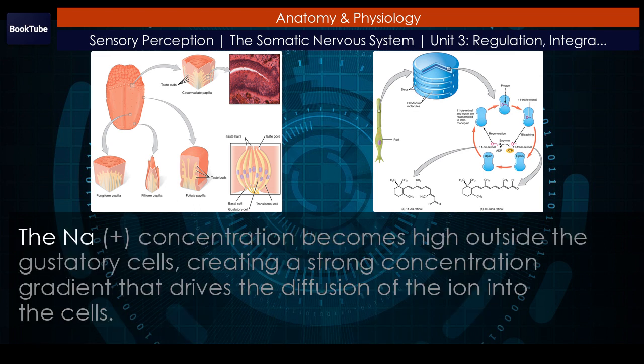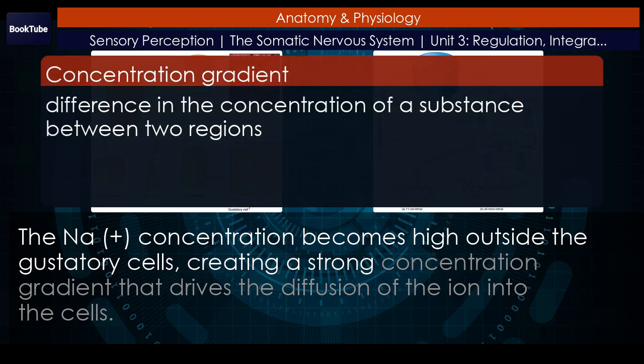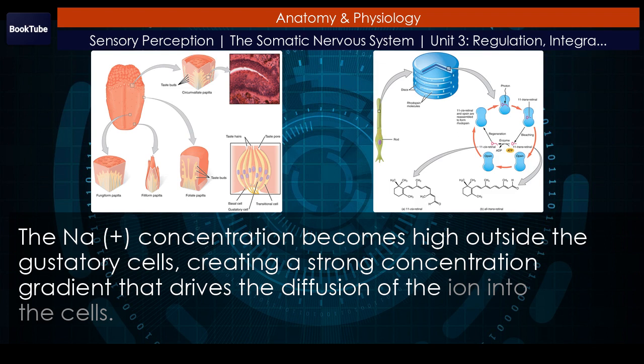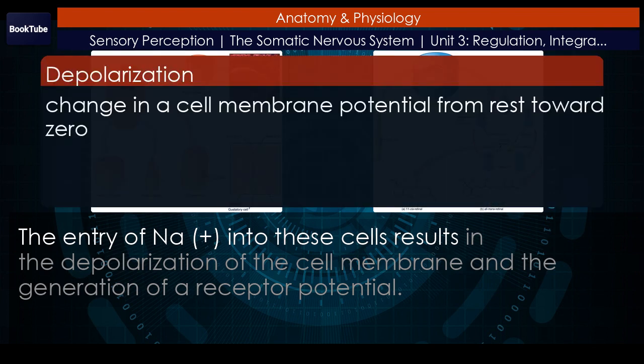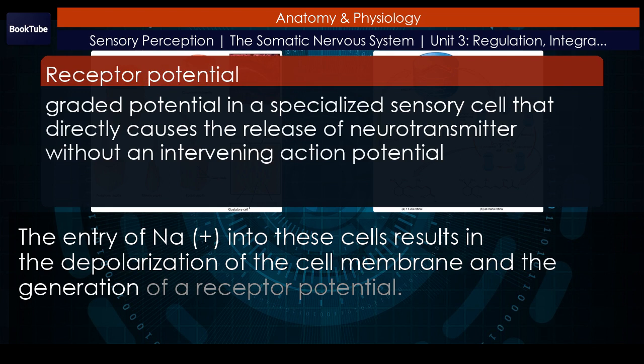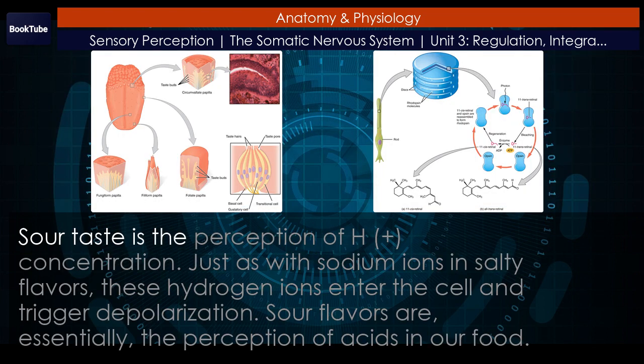The Na+ concentration becomes high outside the gustatory cells, creating a strong concentration gradient that drives the diffusion of the ion into the cells. The entry of Na+ into these cells results in the depolarization of the cell membrane and the generation of a receptor potential. Sour taste is the perception of H+